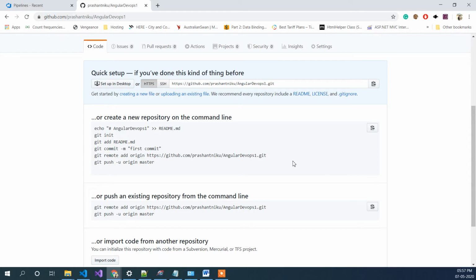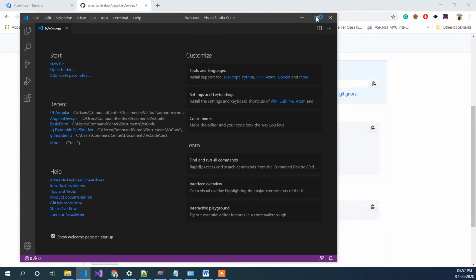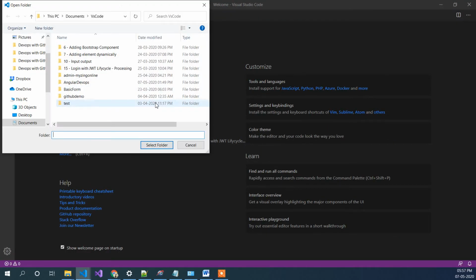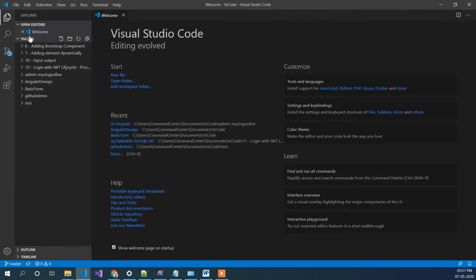In order to create an Angular app, we need to go to Visual Studio or Visual Studio Code. I'll just create a new Visual Studio window. We need to go to some folder, so I will just open this folder for now, and go to the terminal.